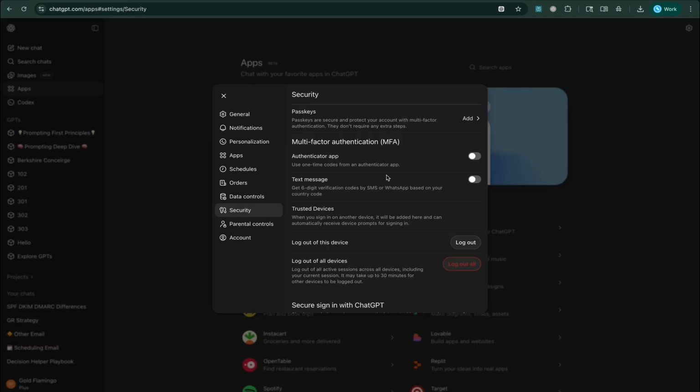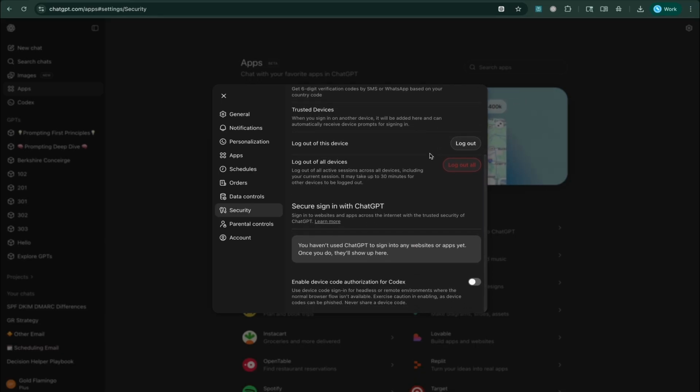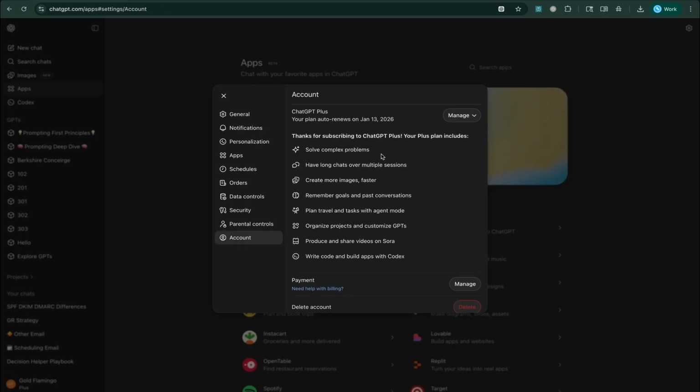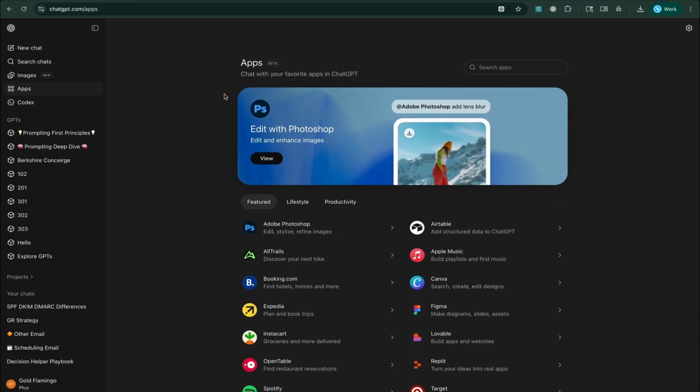Here's more security that you can get into, and then parental controls if a family member is using ChatGPT, and then here is the generic account information. So that is it for the